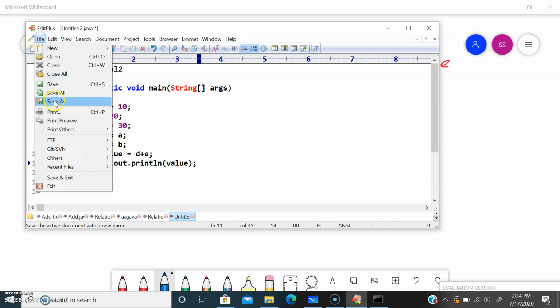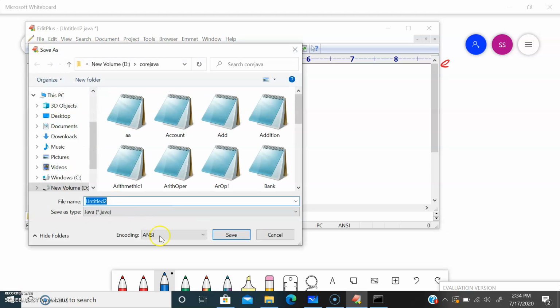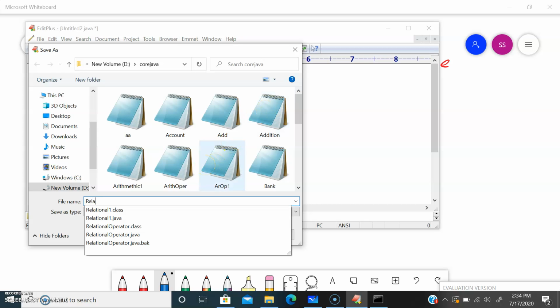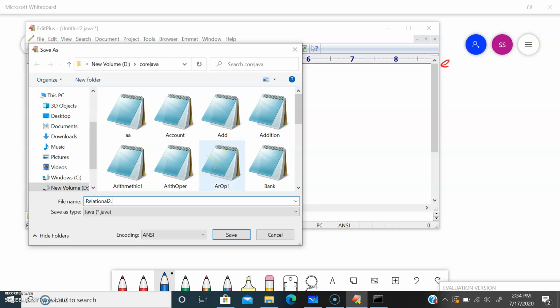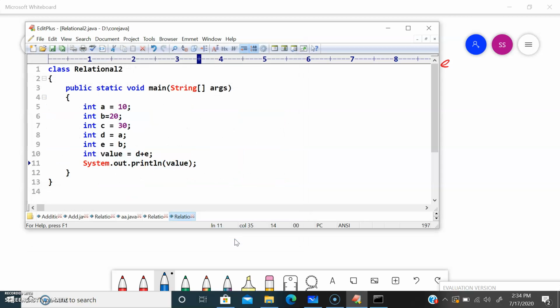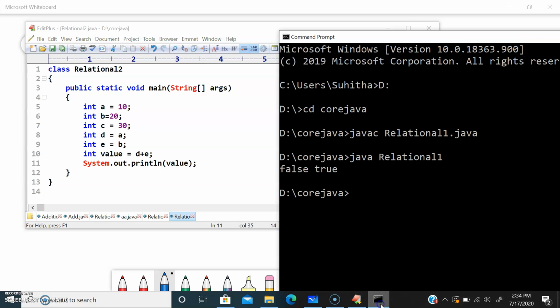Let me save this program. The program name is relational2.java. So let me call my compiler, javac relational2.java. Perfect, no error. Call your JVM.